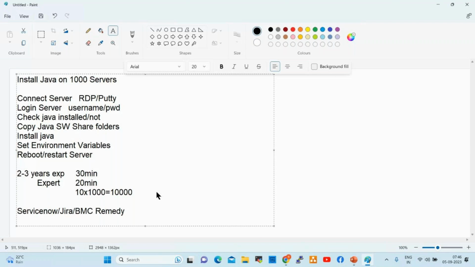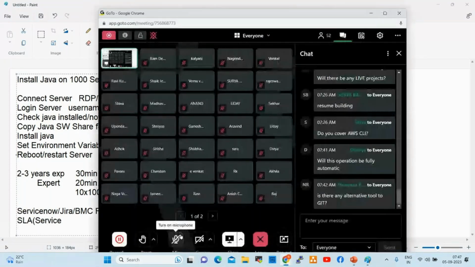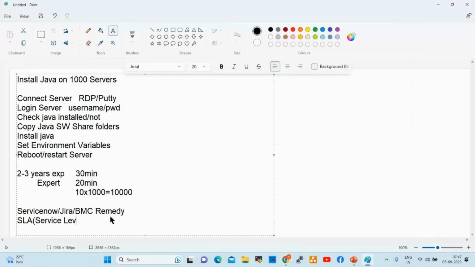Every request will have some SLA. What is SLA? Service level agreement.